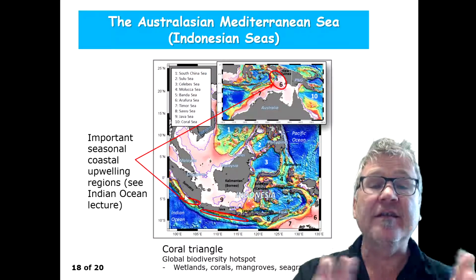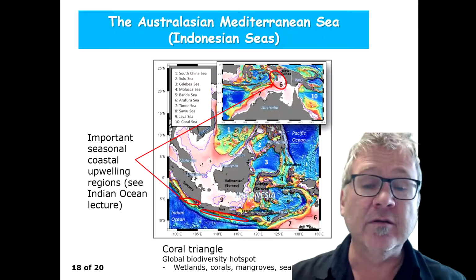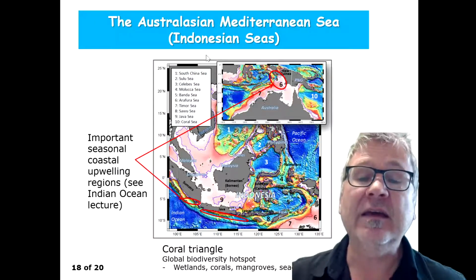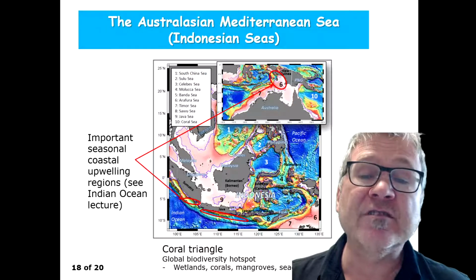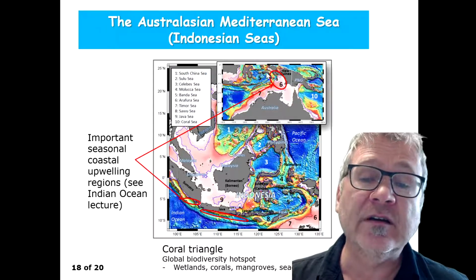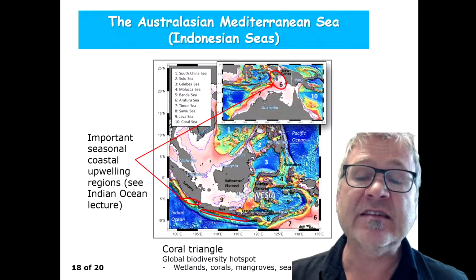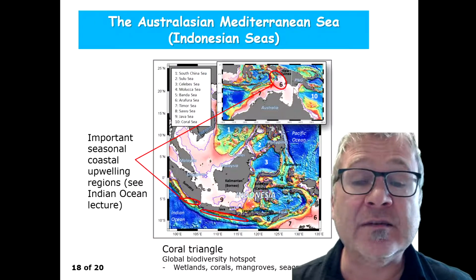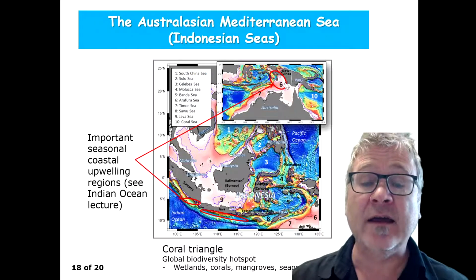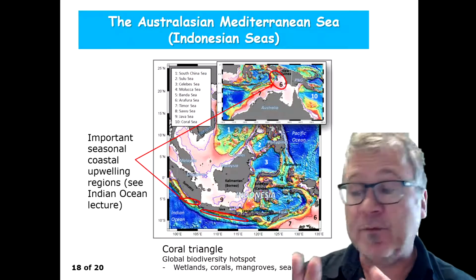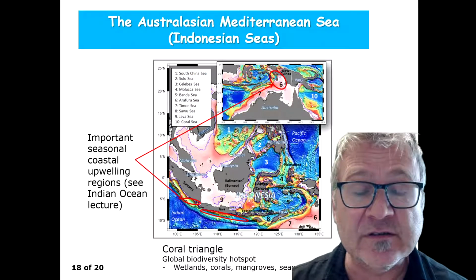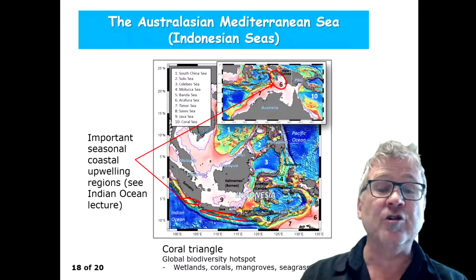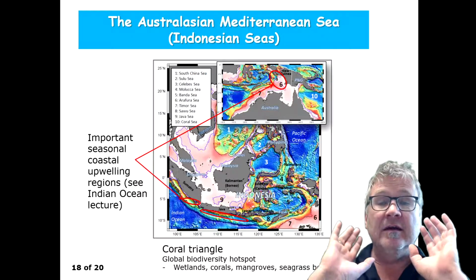Another significant upwelling region has been recently described, the upwelling in the Arafura Sea to the north of Australia. In this area, it's a seasonal upwelling system that you can also identify in satellite images. Before I show you satellite images and conclude this lecture, for the Arafura Sea, it indeed should be mentioned that this